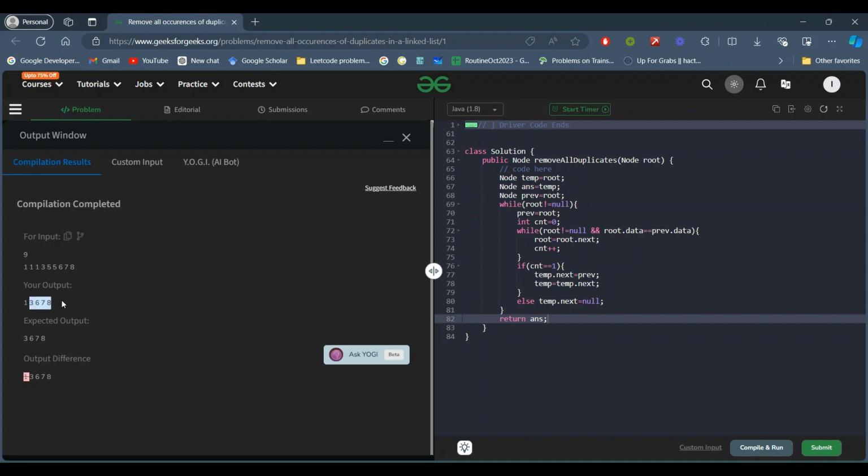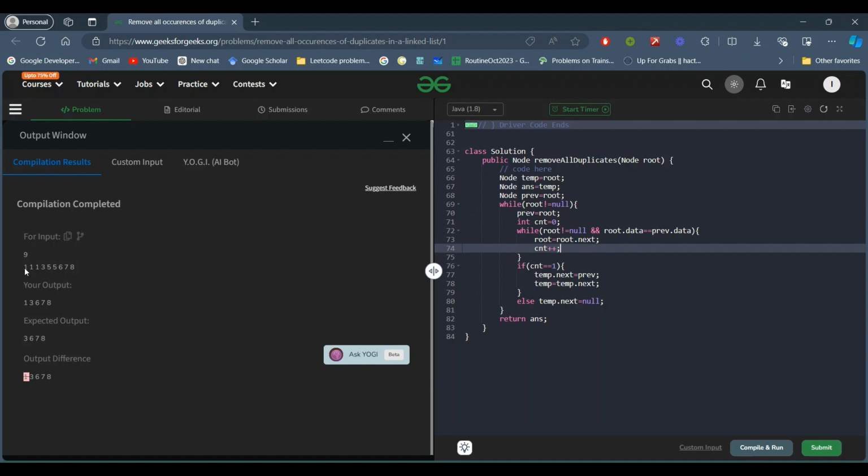1 has a repeated value, and except for the first value's repetition, all the repeated values are not included in our answer, right? So we have to do some operations such that the first element which is getting repeated should not be included in our answer. If we try to take the temporary node as null and modify that, then there will be so many complications.